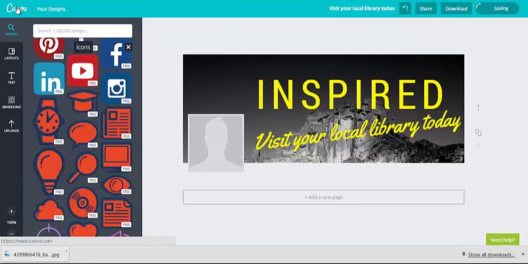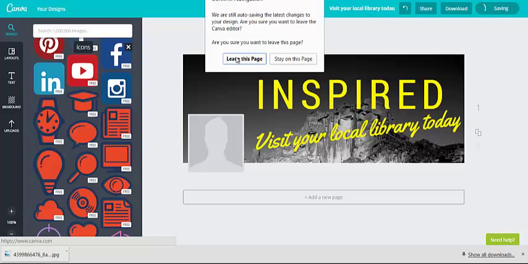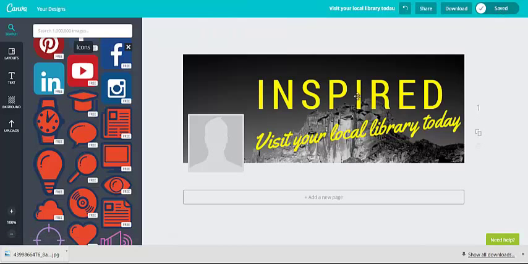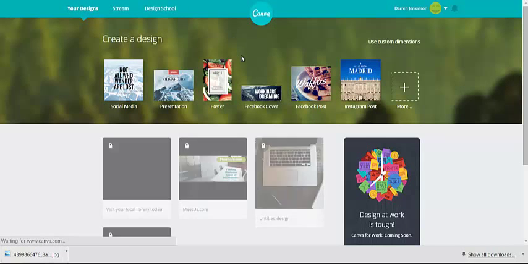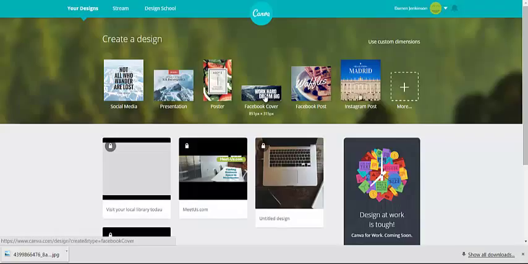So let's go back to the Canva front screen. You can see that it's saving itself there, so even if we didn't want to keep this, or we did want to come back to it later, we've got the option to return at a later date. So let's go back to the home screen, pick another Facebook cover,